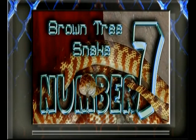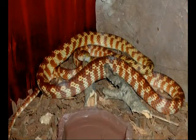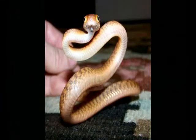Number 7. The brown tree snake. This guy is found right across the top of Australia and down the east coast as far as the central coast of New South Wales, and he grows to about 2 metres if the conditions are right. They eat frogs, lizards, small mammals, birds and birds' eggs, and depending on the food supply, brown tree snakes can